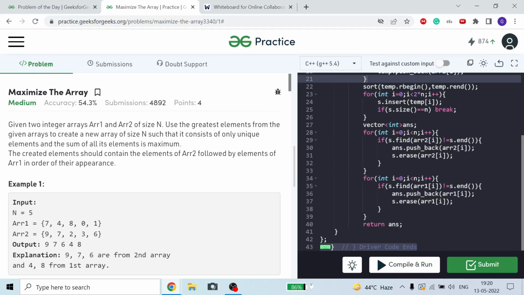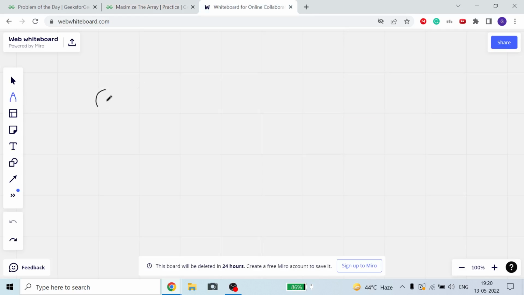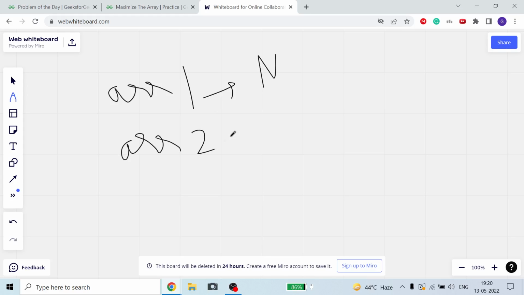we are given two vectors, two arrays ARR1 and ARR2, both of size n, and we have to find out another vector, the answer vector of size n. This is array1 of size n. This is array2 of size n. Now we have to find my answer vector of size n, which will first contain all the elements of